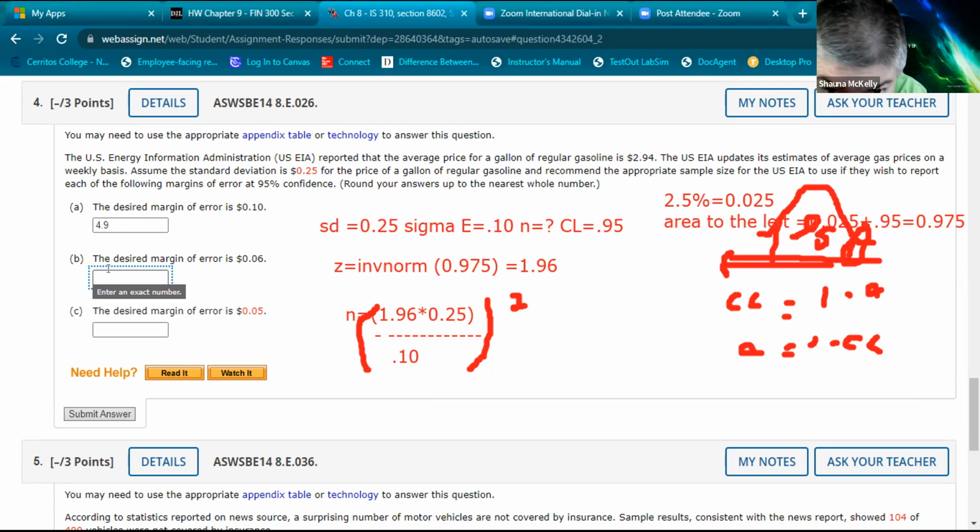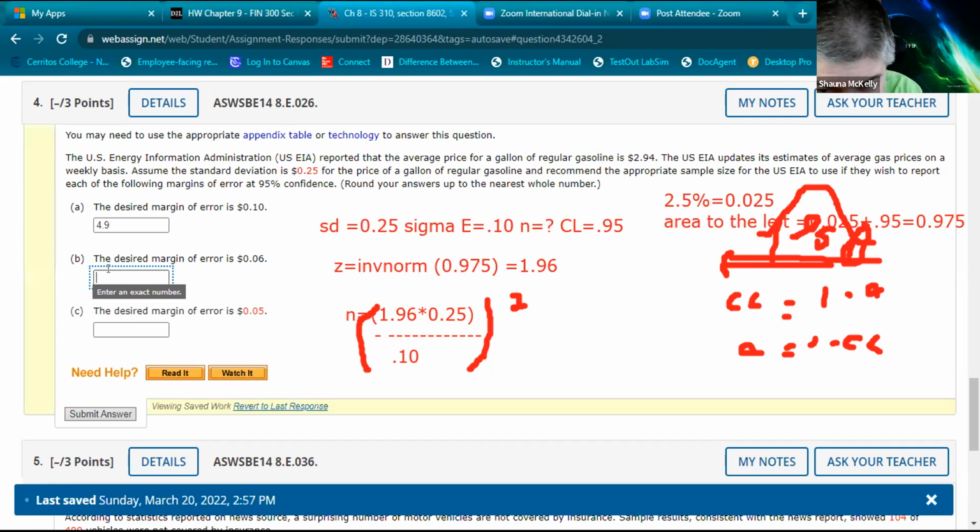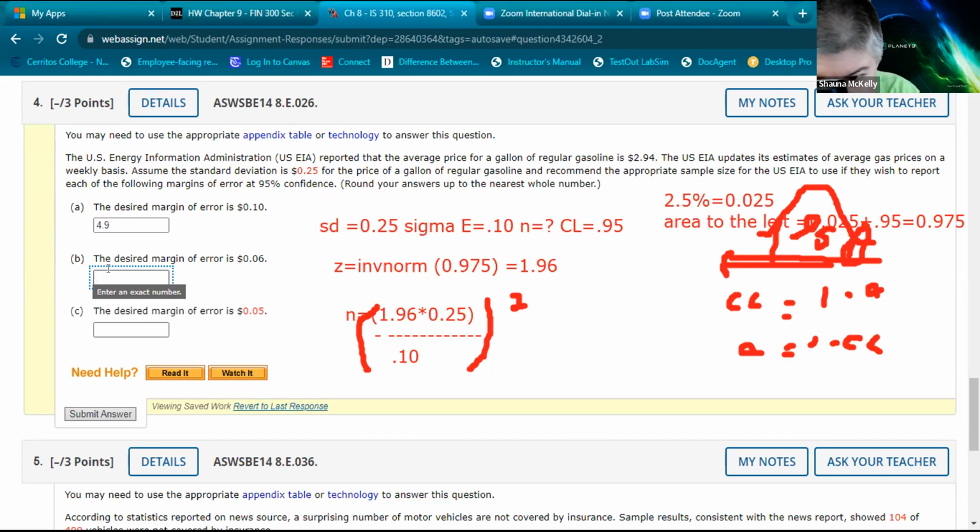And then did you square it already? Oh, no, I didn't square it. That's a common error. You have to make sure you square that. So you divide that by 0.10, and then I get 4.9. If I square it, I get